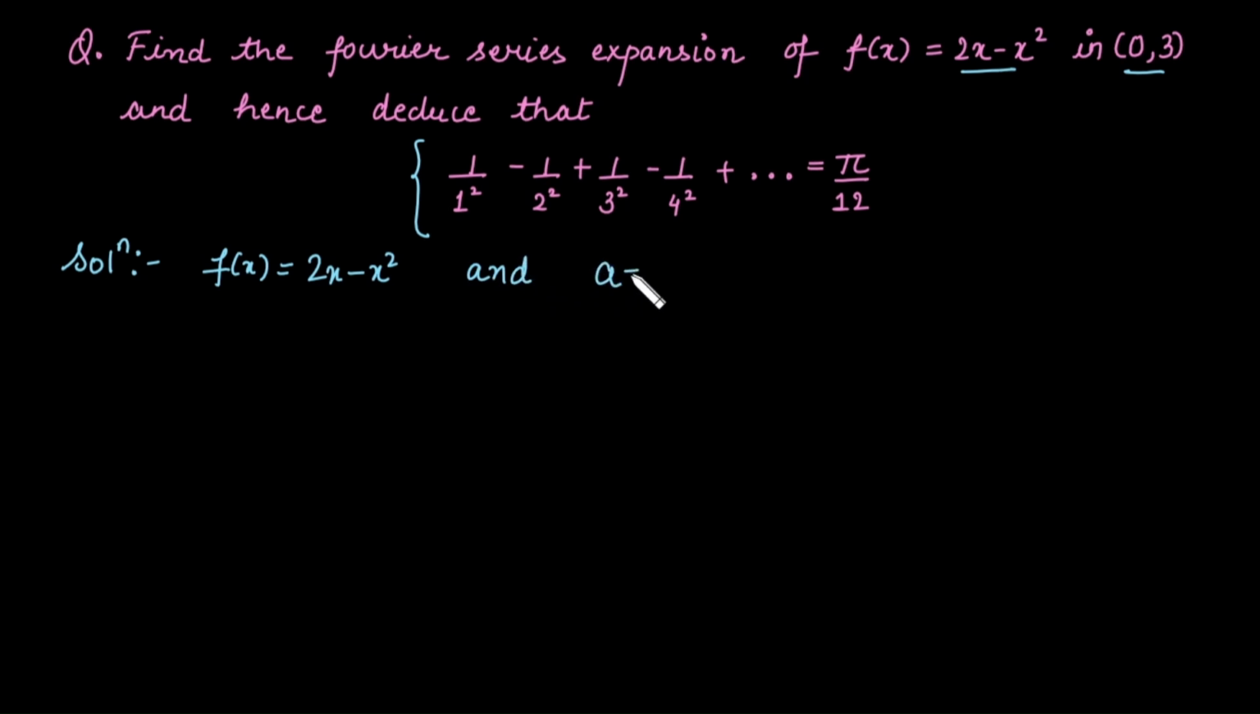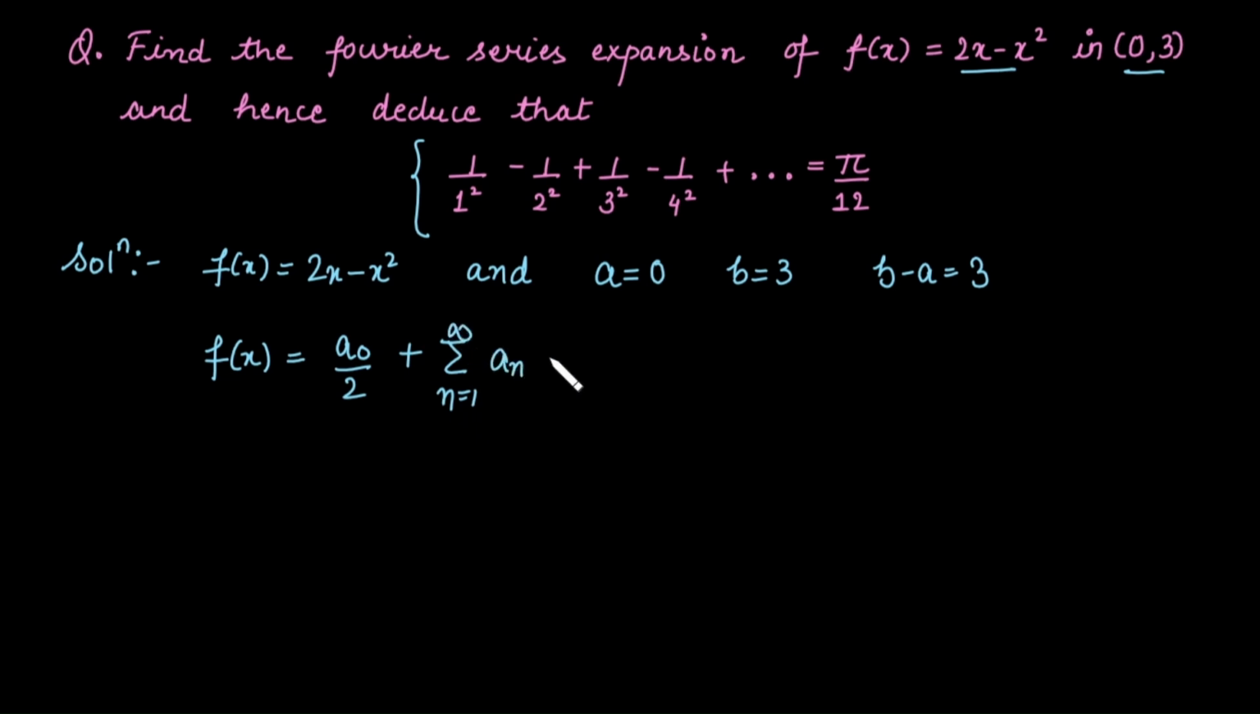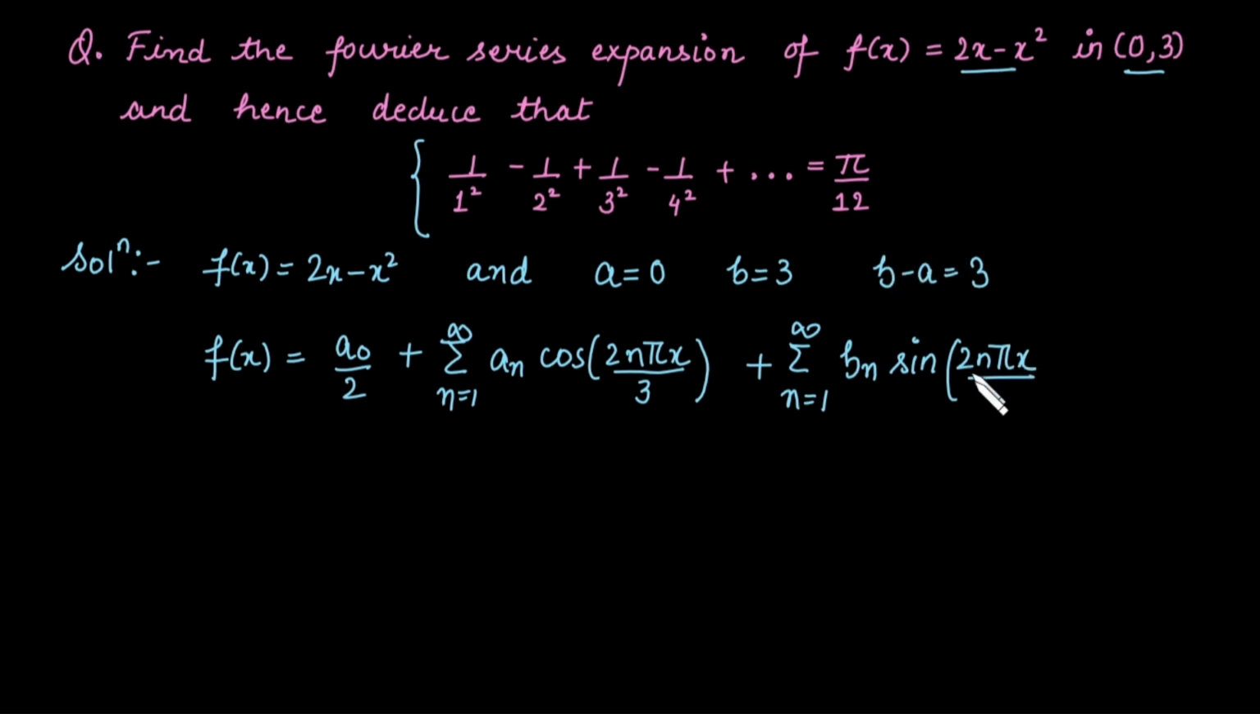So we can say that the value of a is equal to 0 and the value of b is equal to 3. What is the length of the interval? That is b minus a, which is equal to 3. So the Fourier series can be written as a naught by 2 plus summation n from 1 to infinity an cos of 2n pi x divided by the length of the interval, that is 3, plus summation n from 1 to infinity bn sine of 2n pi x divided by the length of the interval, that is 3,